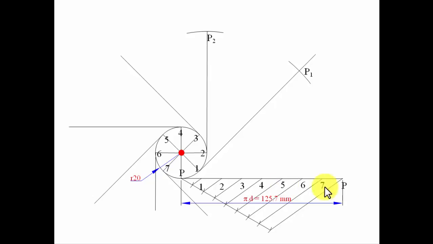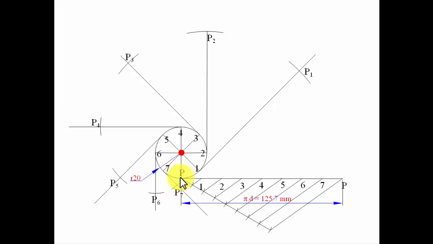Now from 3 to P, 3 as center, cut an arc, P3. Now from 4 to P, 4 as the center, cut an arc, P4. 5 to P, 5 as the center, cut an arc, P5. 6 to P, 6 as the center, cut an arc, and this is going to be P6. Finally, 7 to P, 7 as the center, cut an arc, this is P7, and finally it is going to